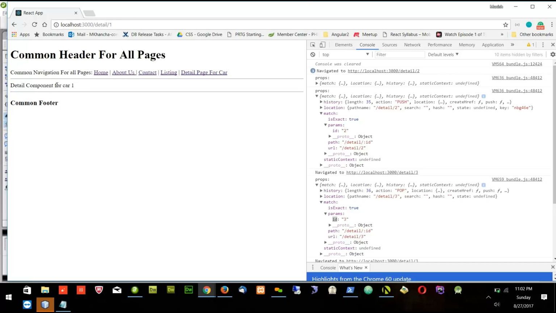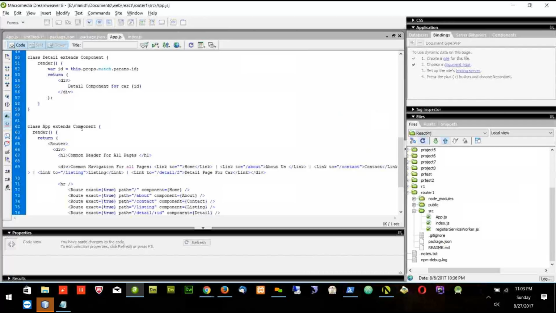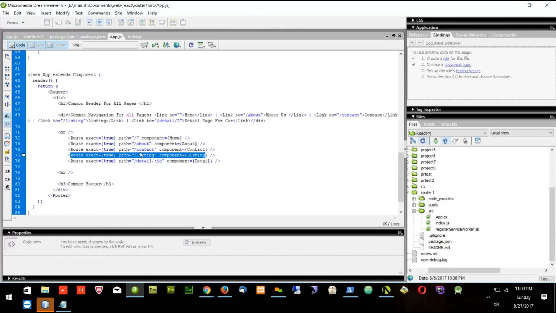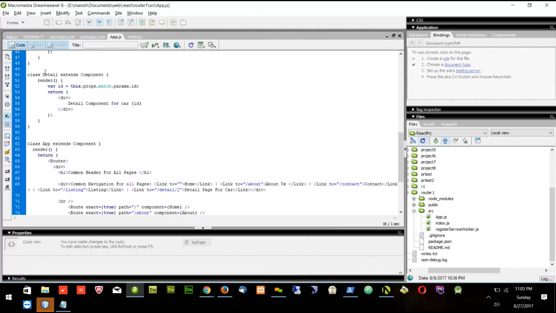So this is all about the routing, but one more thing is remaining in understanding the routing. That is the value of exact. One more question: when you go into the detail page and open detail one, the content for car one is displayed. But that routing is happening in the app component, where it takes you to that URL for car 100, whatever. So routing is happening here, but whenever we put this URL, it automatically calls this component,